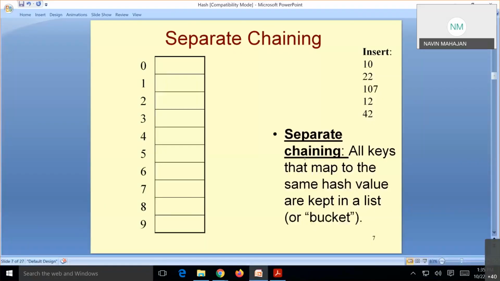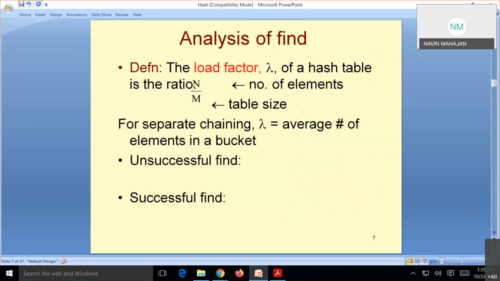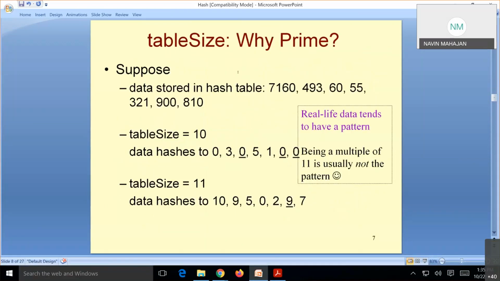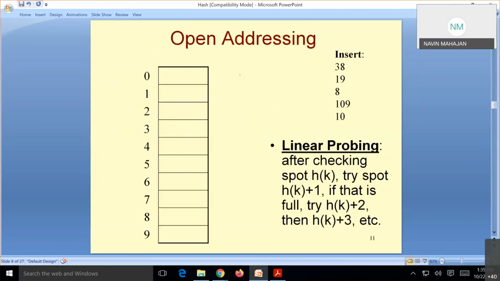Okay, leave it. So what will happen here? We use a simple method. Maybe next we have some examples. We'll see that. We'll go directly to the example.